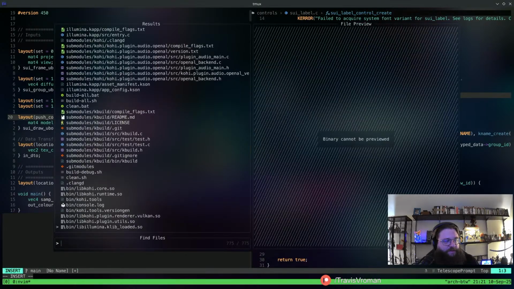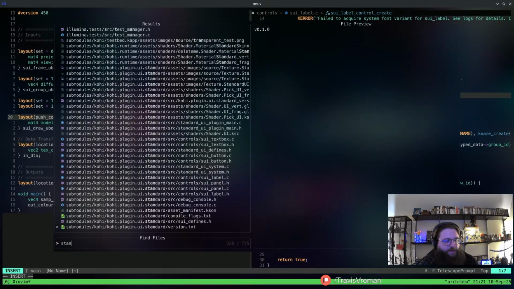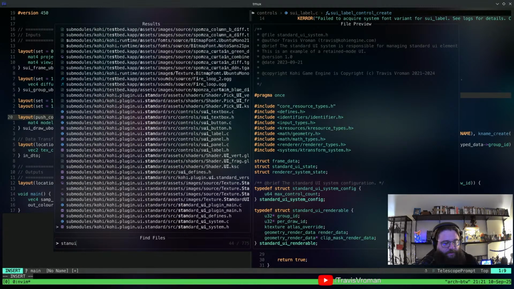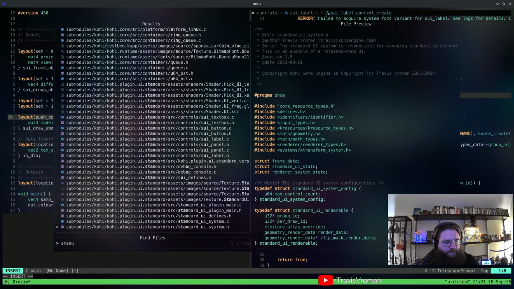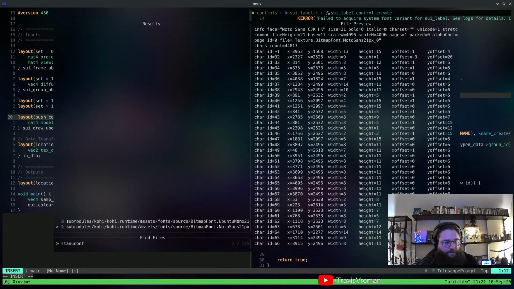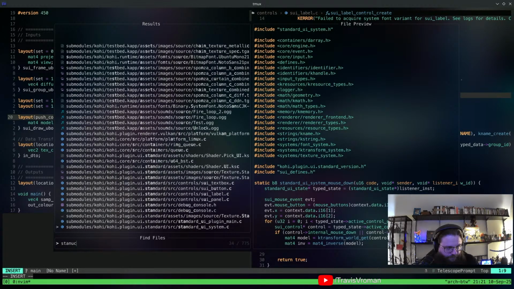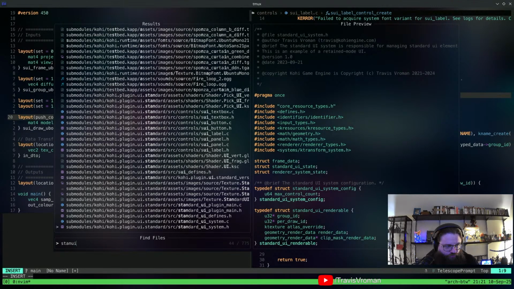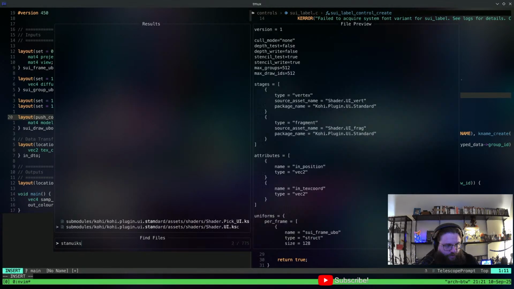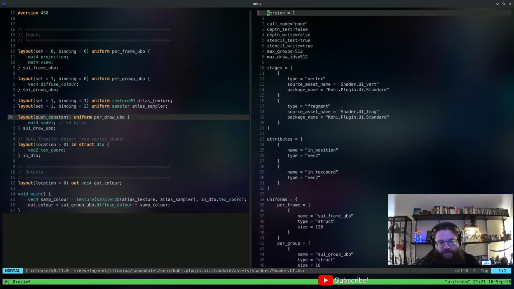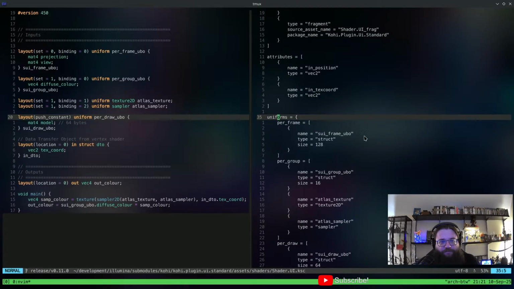So I guess let's do standard UI. Yeah, I guess we'll start here. So instead of uniforms, this is going to be binding sets, right?